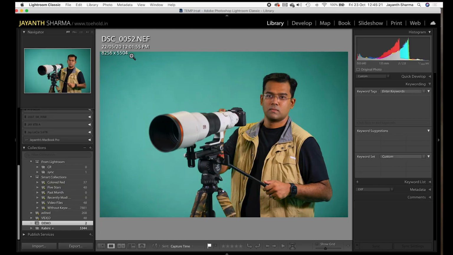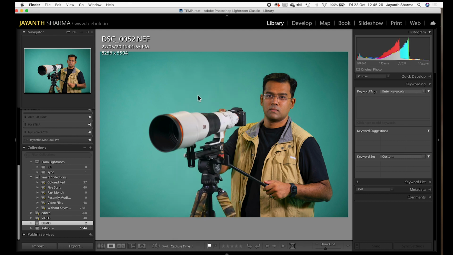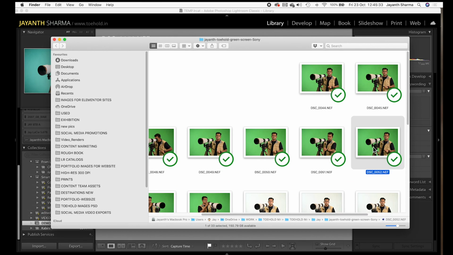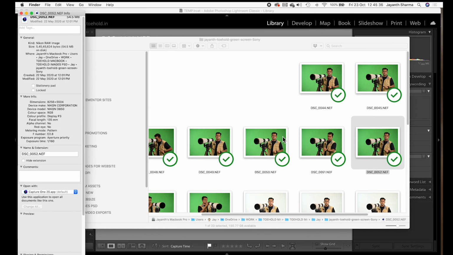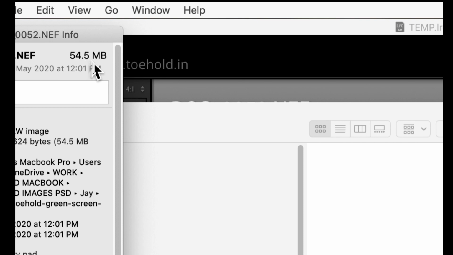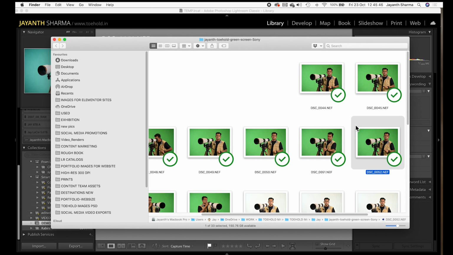Now, I want you guys to understand what's the file size of this raw file. So let's go to Finder and go to the raw file. It's the same file name, DSC0052. Lightroom has pointed me to this raw file. I'm just going to right click on this and get info, and we can see that this is a 54.5 MB raw file. So let's just make sure we understand. We are supposed to create a raw file which is a DNG file, and it should be within a particular megabyte or disk size, which is the requirement in this case.